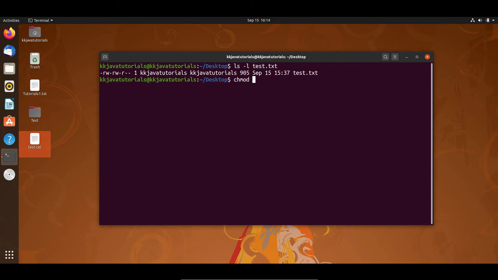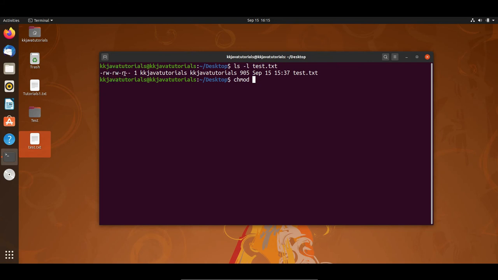So here I'm going to use chmod, and after that you can use three operators. First, the plus sign to add some permission, then you can use the minus sign to remove some permission, and finally you can use the equal sign to assign some permission, right? So let's see each and every operator, how we can add, remove or assign permission. So now the existing permission is something like that. Let's say I decided to add execute permission to the user as well, right? The user doesn't have execute permission, and the group doesn't have it either, right?